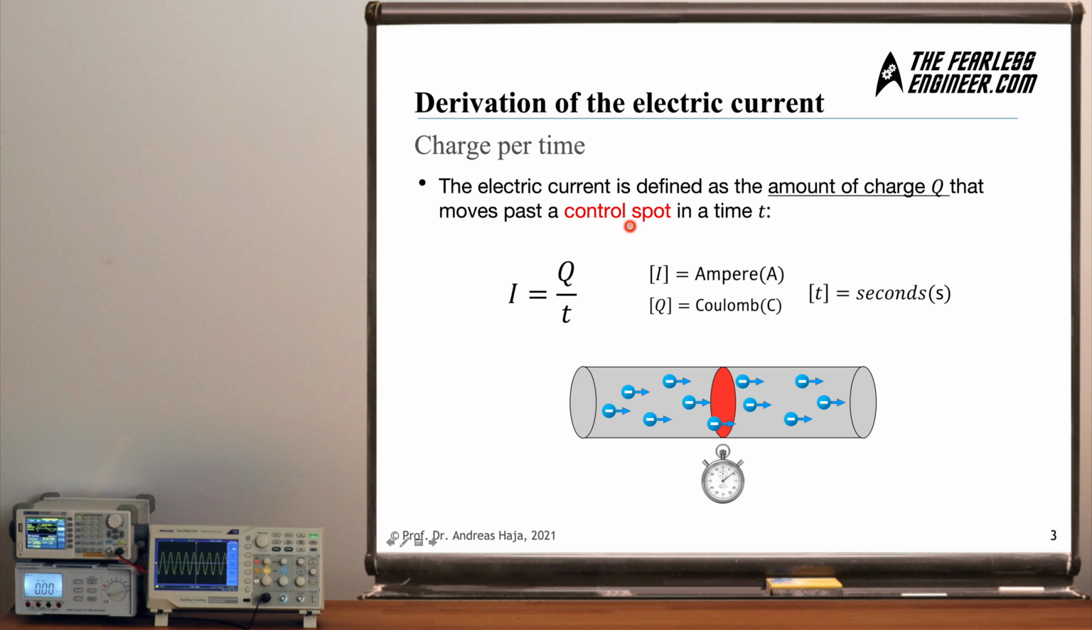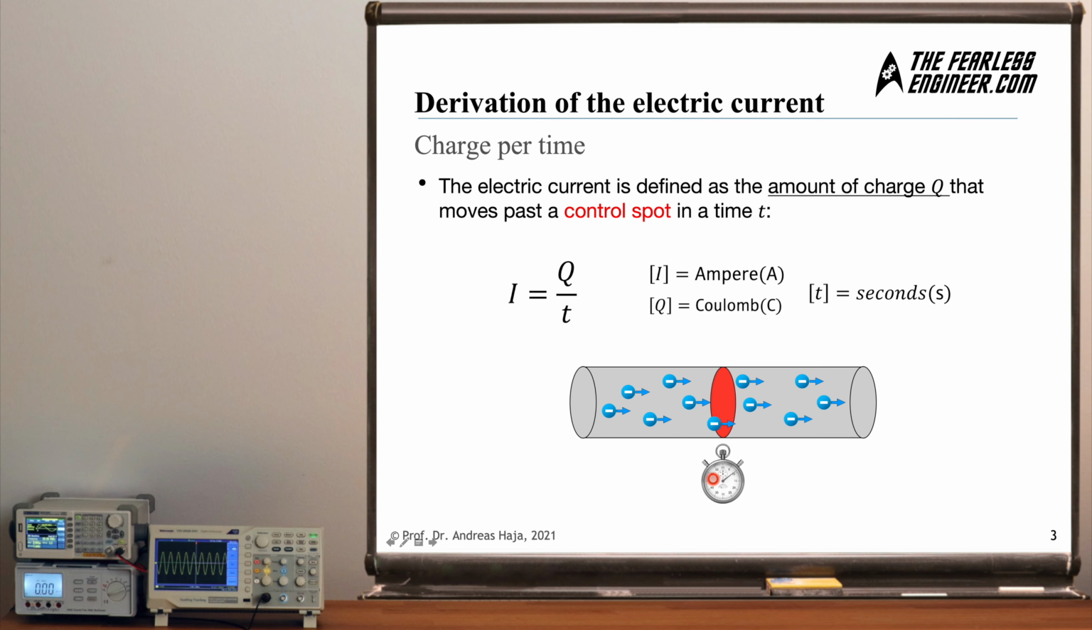We have already seen that the electric current is defined as the amount of charges that move past the control spot within a conductor or conductive medium in a certain time instant. And this is illustrated in this idea of a cable, which you can see represented by this gray cylinder here. And inside the cylinder, we have charge carriers in motion, in this case electrons moving from left to right. And they are passing by this control station here, this red disk,